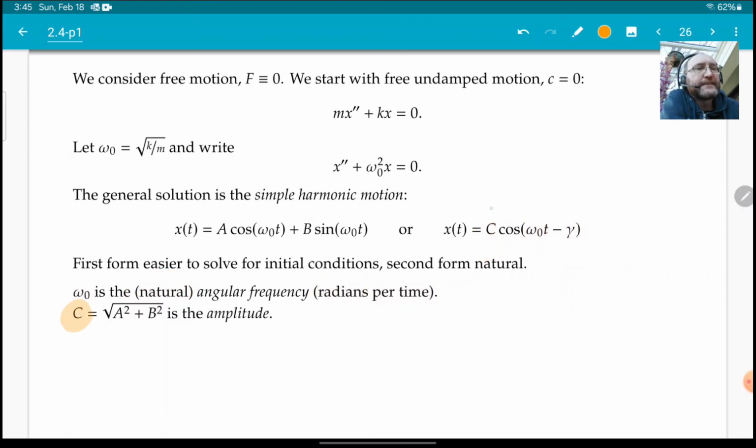Now this C is the amplitude, and you can compute it in terms of the A and the B. If you figure out this trig identity that goes between here and here, that's going to give you this formula. That's the amplitude. This is a wave, so it goes up and down, and it has a certain amplitude. So how far it goes in each direction. It goes from minus C to C, because cosine goes from -1 to 1. If you multiply by c, it goes from -c to c. So it's the amplitude of these waves,